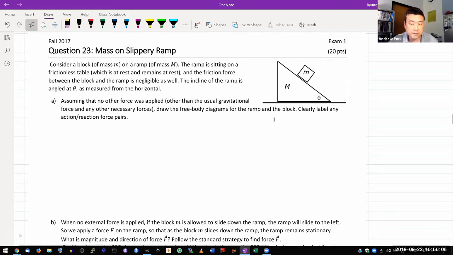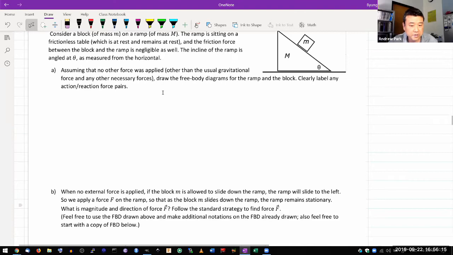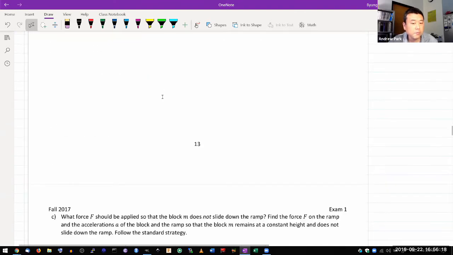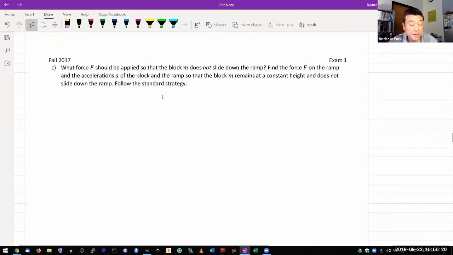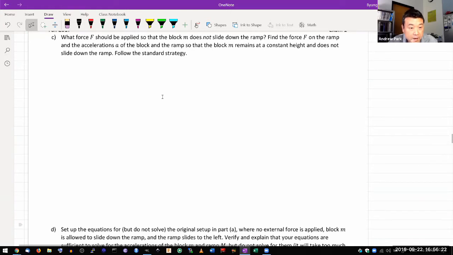What makes this problem difficult is that this mass, the ramp, is allowed to move. And in previous semesters, people had a situation like this in their lecture, and people were more used to this exact setup. That's why it was on their exam. But